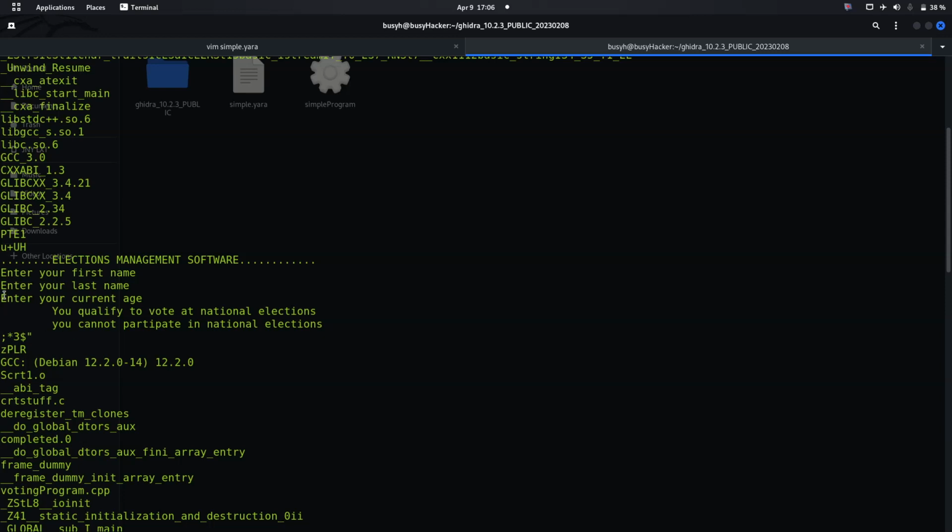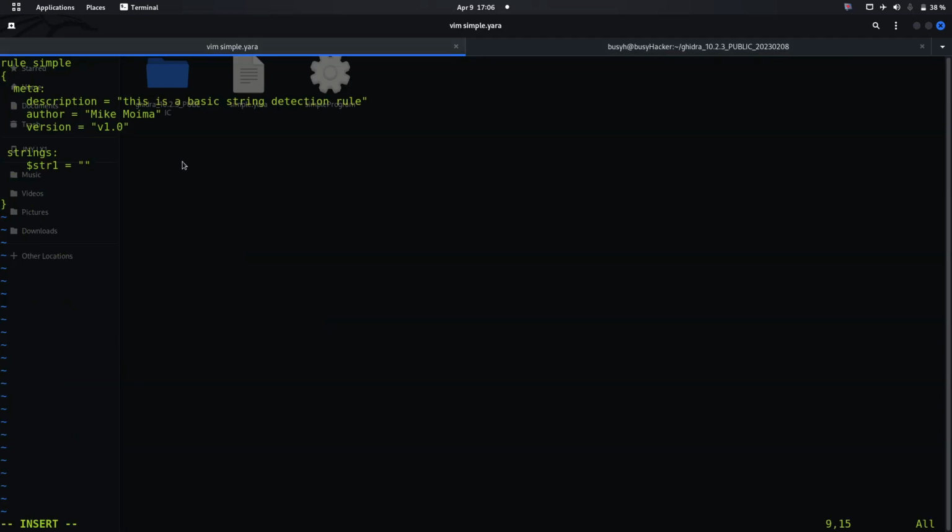So one of the strings that we know about this program is "enter your last name", something like this one. We can copy this and then paste it right here. So let's say this is your last name. Then let's take and name string 2,